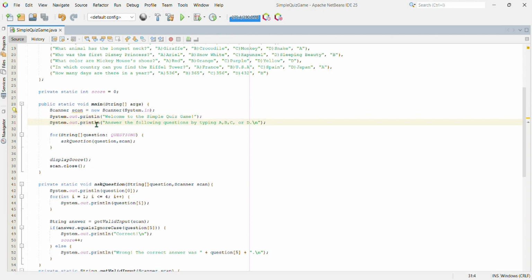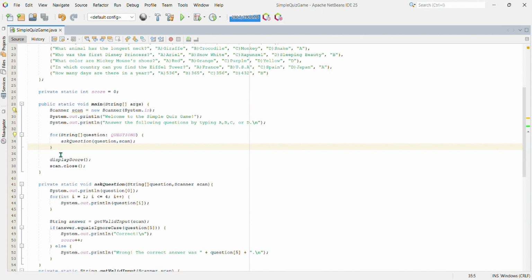This line prints instructions for the users to answer questions by typing A, B, C, or D. This line starts a for loop that iterates through each row of the questions array. Each row represents a question and its answer options.